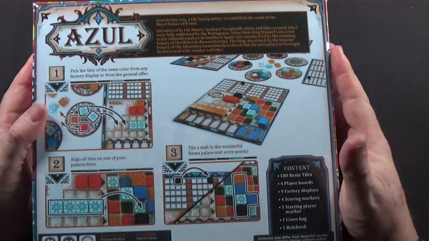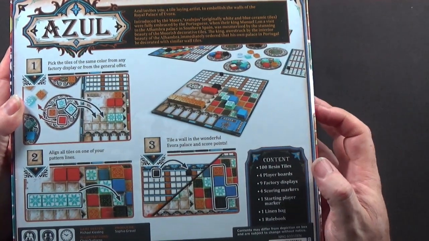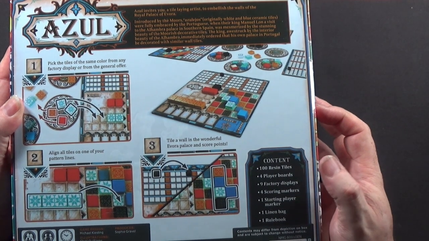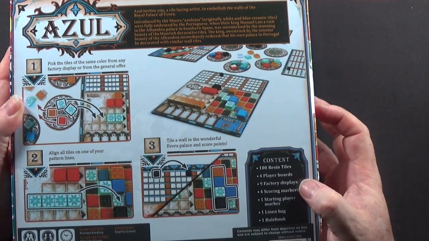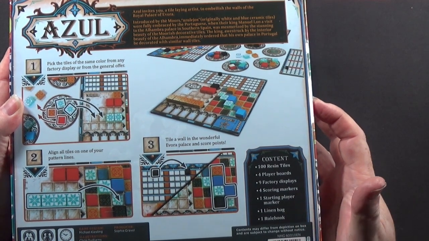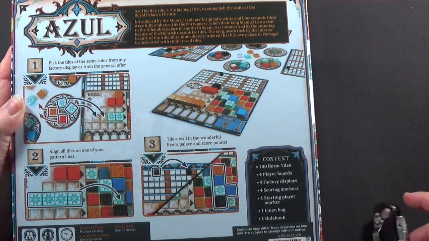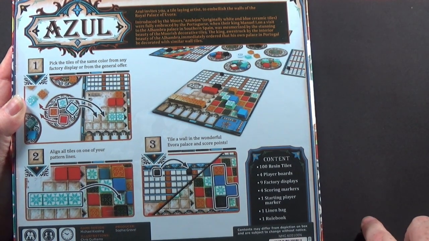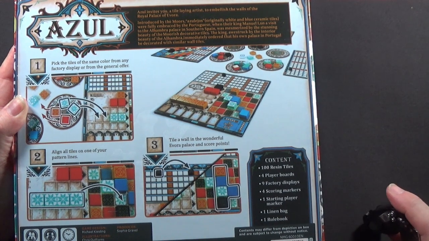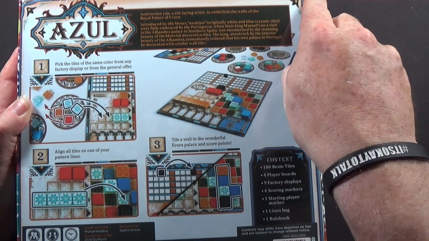So here we have a rundown of how the game is played. The contents: we have 100 resin tiles, 4 player boards, 9 factory displays, 4 scoring markers, 1 starting player marker, 1 linen bag, and a rulebook. It is for ages 8+, 2 to 4 players, and takes about 30 to 45 minutes to play. Let's get the knife out